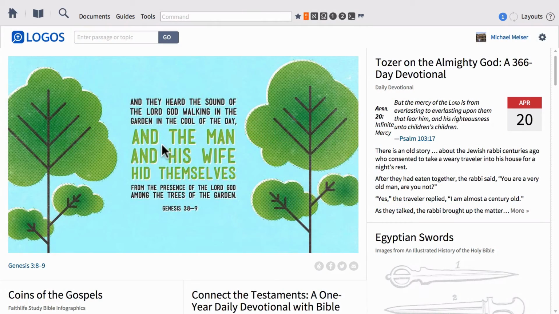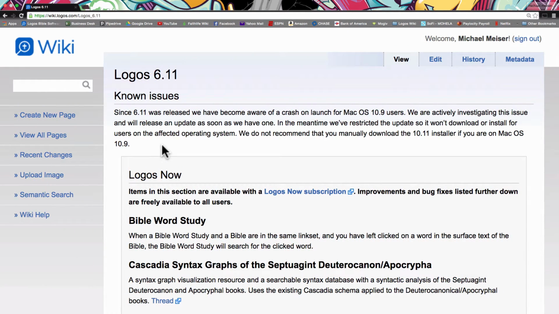So just like we did for our previous video for version 6.10, we're going to do about the same thing. We're going to go to the wiki page, look at the release notes and work through them, and then illustrate within Logos each of the changes made. So let's go ahead to the wiki page right now, and you're going to see we've got the page open